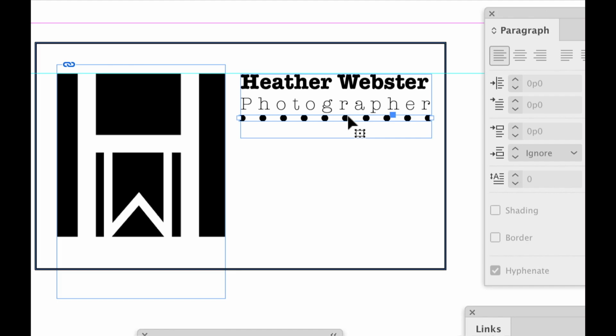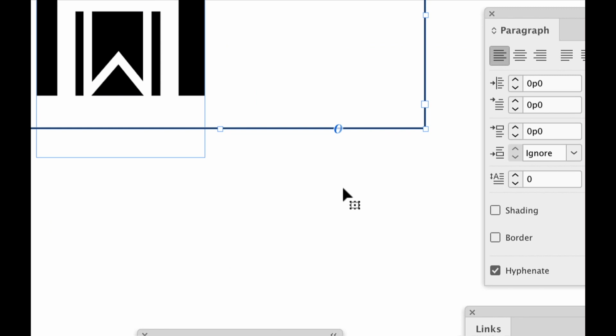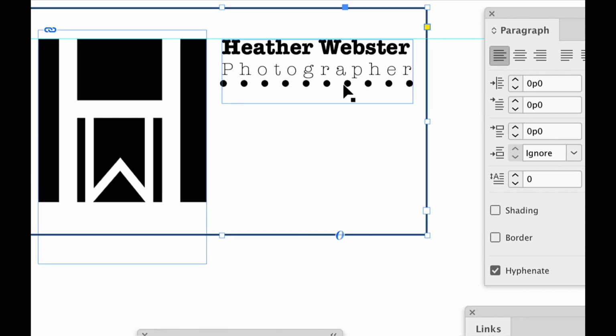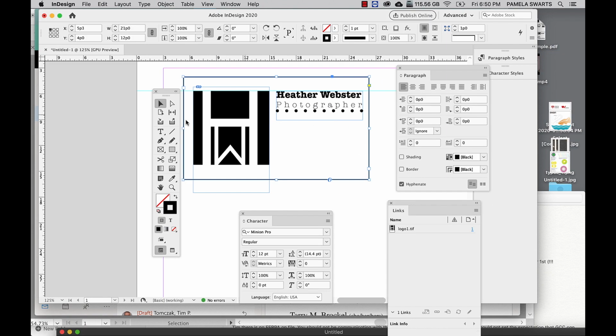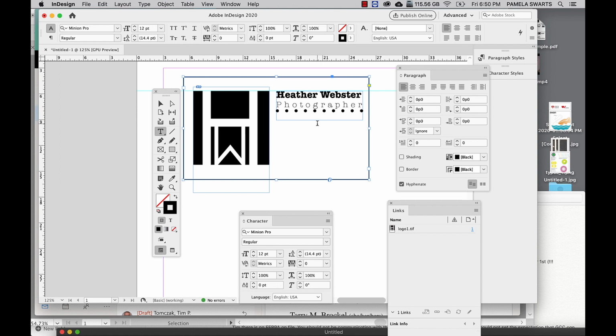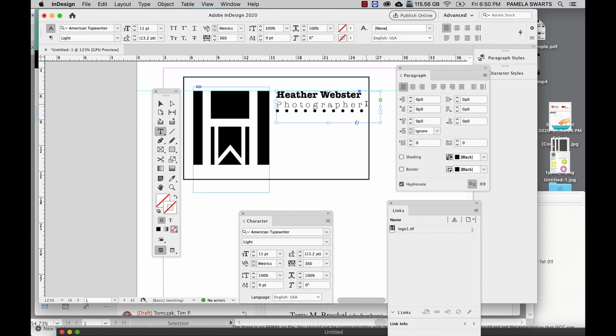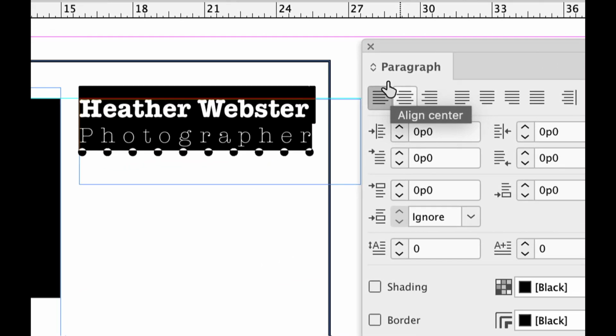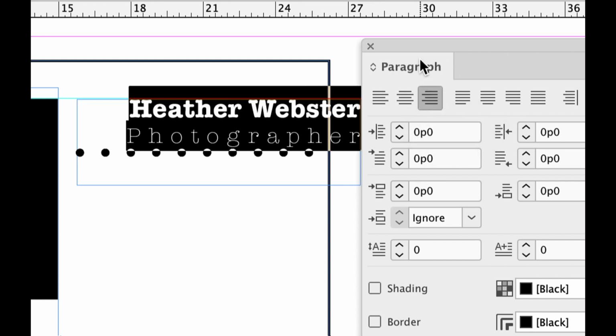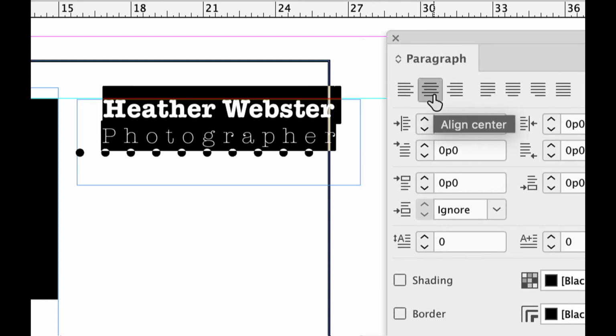Now, let's say you're typing stuff and you want to change whether it's centered or not. Do not hit the space bar. That is the worst thing you can do. And in fact, let me pull this box out so I can show you. Right now I've got it lined up all nice and I don't really want to change it, but I'll just show you. In the paragraph box, you can do left aligned, right aligned, centered,